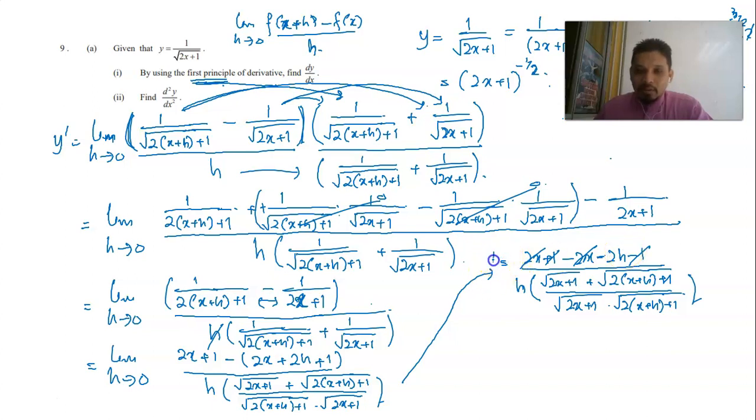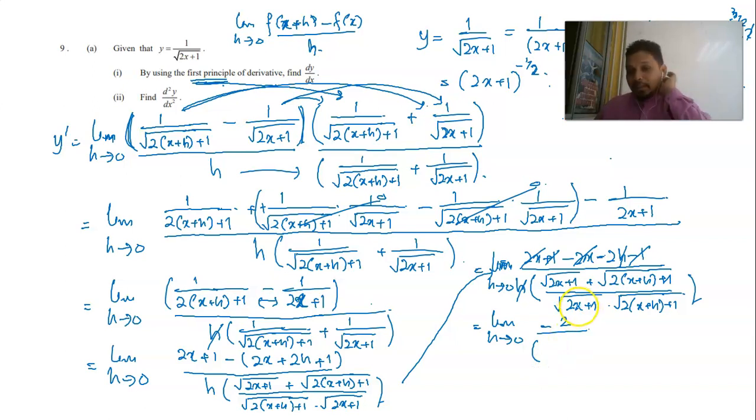Class, I forgot something, it should be limit h approaching 0. So 2x minus 2x, 1 minus 1, and what is left here is negative 2h divided by h, everything here. So let's cancel between this h and h. Limit h approaching 0. So what is left here now? Negative 2 divided by